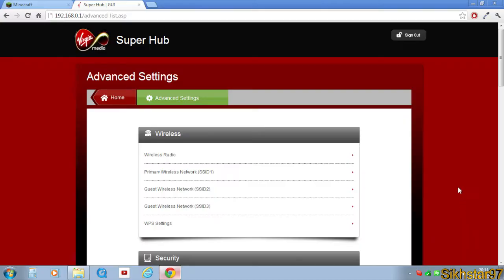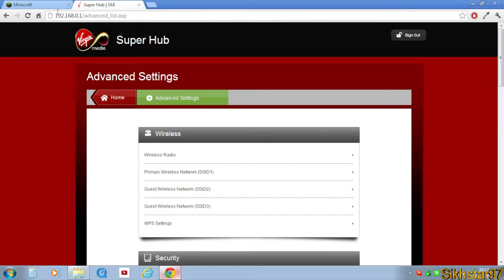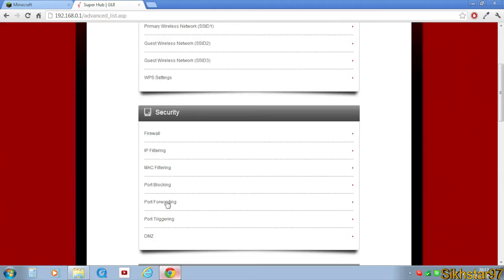And our next thing you need to do is to forward the necessary ports for this server to work. And these ports need to be forwarded by both the person hosting the server and people trying to join it. Now, this is what my server software looks like. And to access this, you need to type in 192.168.0.1 or 0.1.1, but you have to consult your router for how to get onto the server properties on your internet browser. It will look different to yours, but basically you want to find where it says port forwarding, and for me it says under security. Click port forwarding,